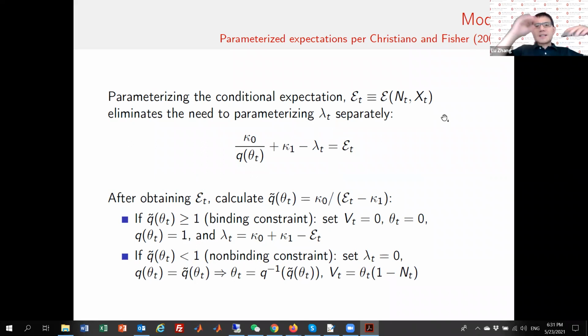So we parameterize the expectations because the vacancy can be constrained at 0. At the constrained point, the policy function is going to be kinked, and of course the Lagrange multiplier will be kinked by definition. So if you impose smooth functions on that, it can be challenging to approximate. So we end up building on Christiano and Fisher and directly parameterize the conditional expectation, which is the right-hand side in the intertemporal job creation condition, and that's a smooth function.